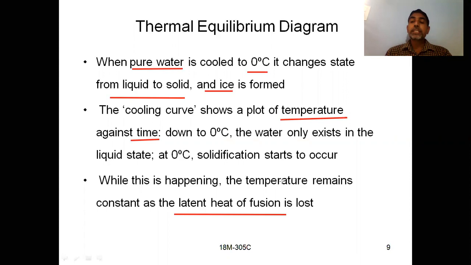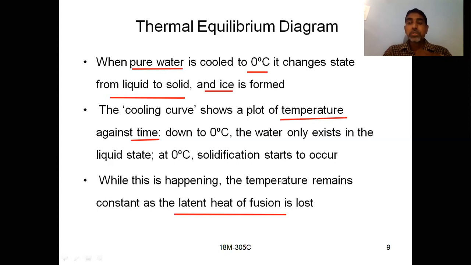Okay, so here I am considering pure water at 0 degree centigrade and I am going to solidify that water into ice. That means I want to change the liquid state to solid state. So when I cool it, what will happen? Initially it will be water; at 0 degree centigrade the solidification process will start, and above 0 degree centigrade, that means 10, 20, 30 degree centigrade, you are having water. When it cools down, minus 10, minus 20, minus 30, what will happen? Solidification, that means your ice will be formed completely at some temperature below 0 degree centigrade, right?